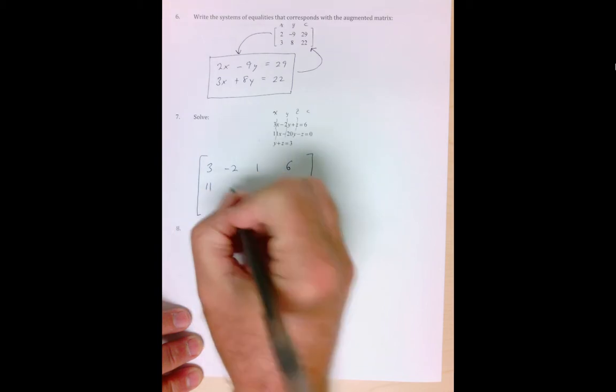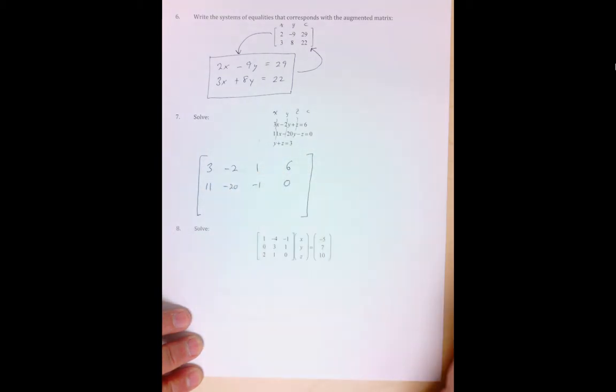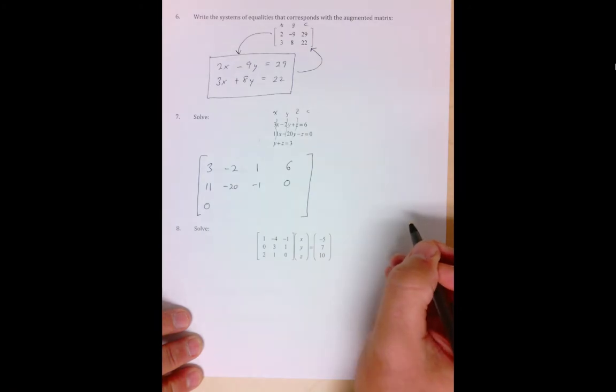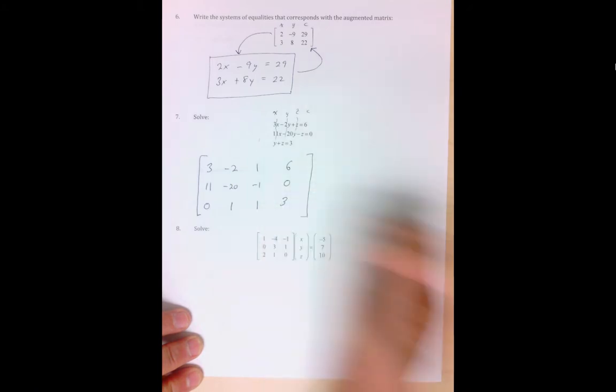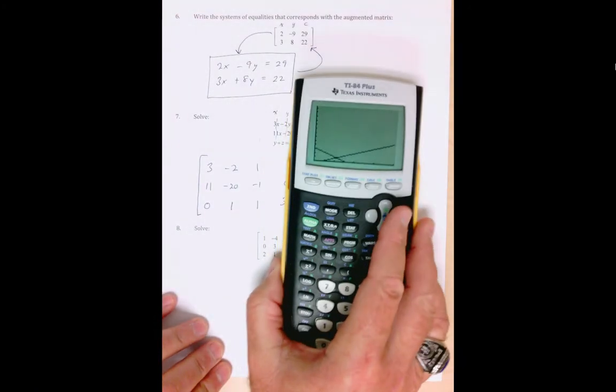The second one is in nice form. And the third one is a mess. So here we've got no x, we've got 1y, we've got 1z, and our constant is equal to 3. Now, if we can put this in our calculator without doing something goofy,